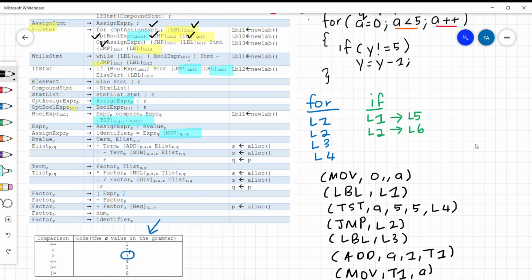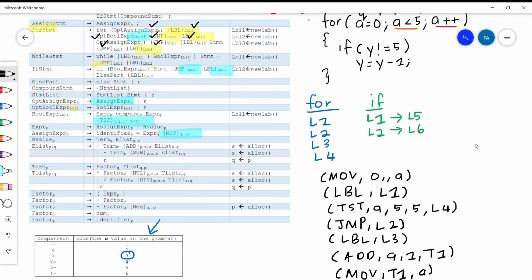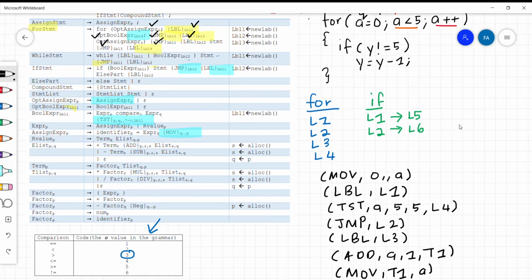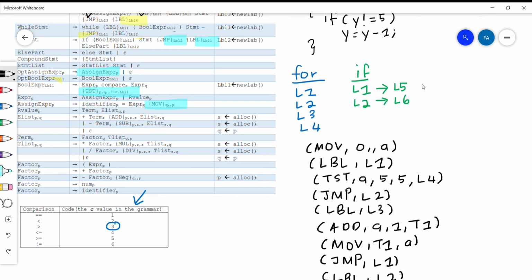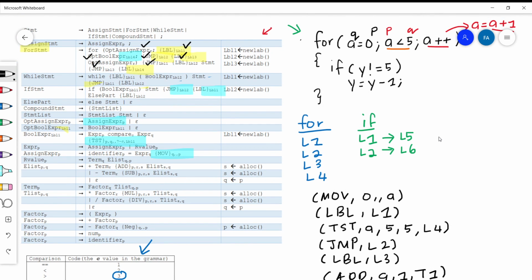And then we have label L2. So label L2. Next we have, so this is done. Next we have statement. So statement for 4 is referring to this, which is if statement. So starting from here, we need to look at rules concerning if. So that rule is